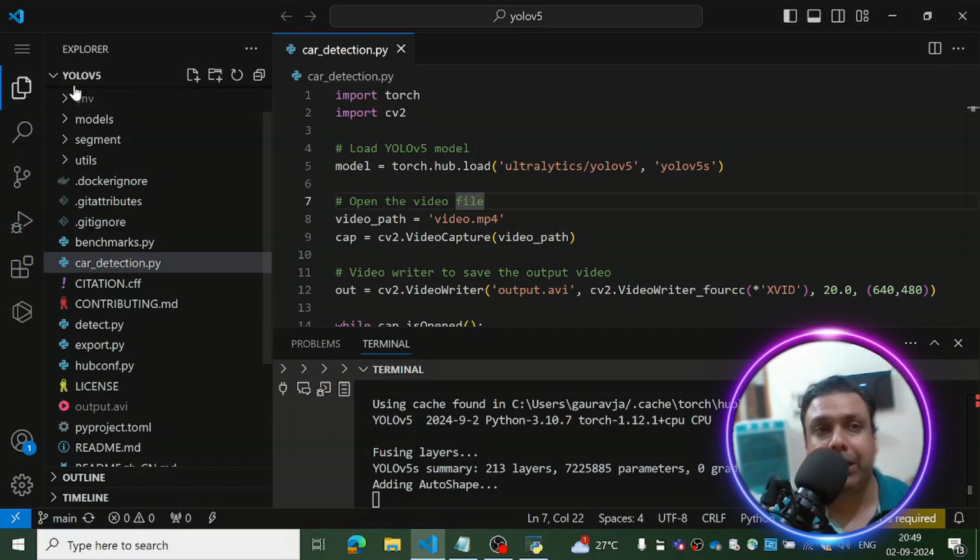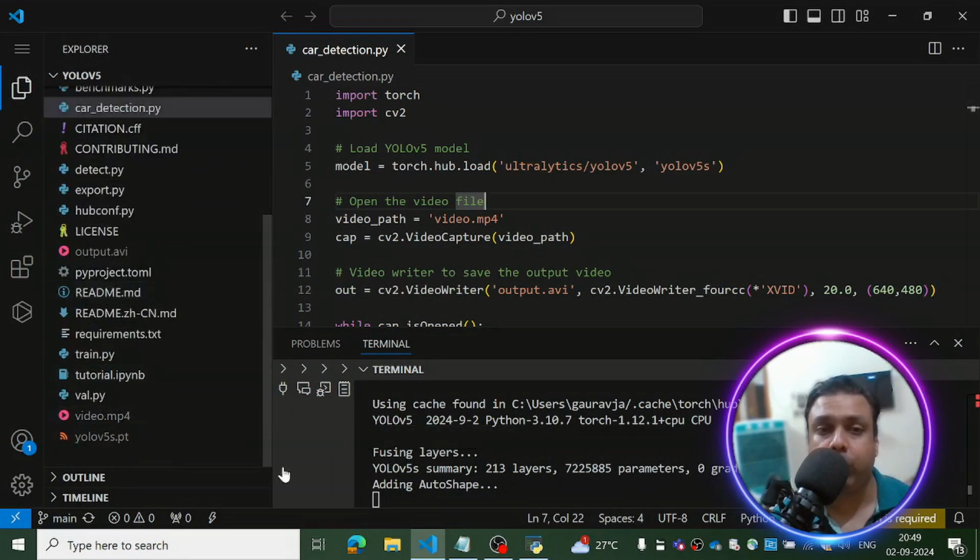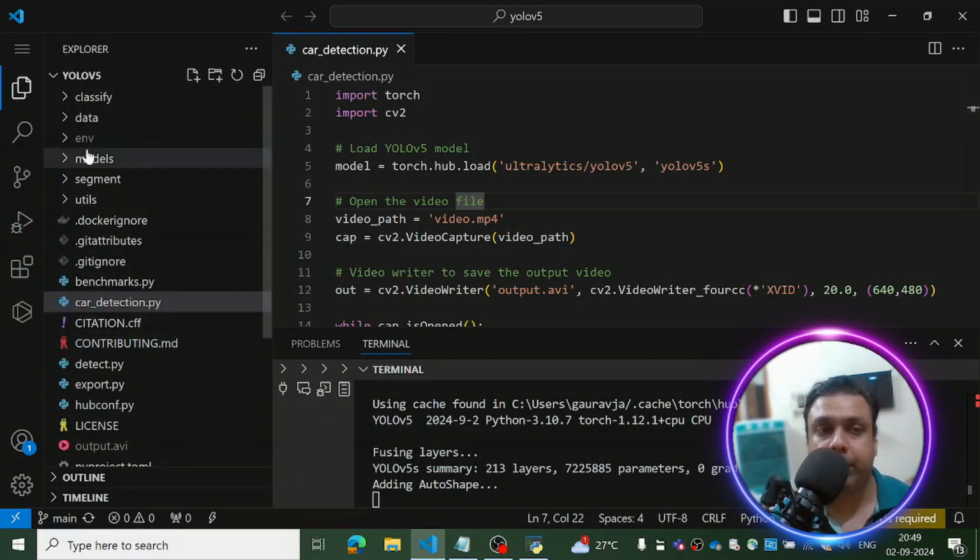Once you're done downloading the models and all the weights of YOLO V5, you have to create a Python file inside this folder. I've created a file named car_detection.py, and the video on which we have implemented the code is in the same folder where we have all the models and the data of YOLO V5 stored.